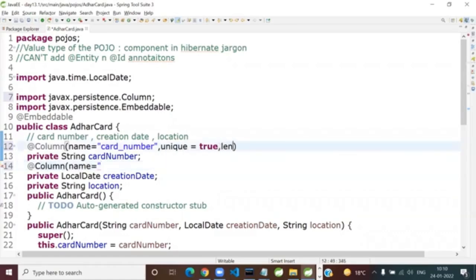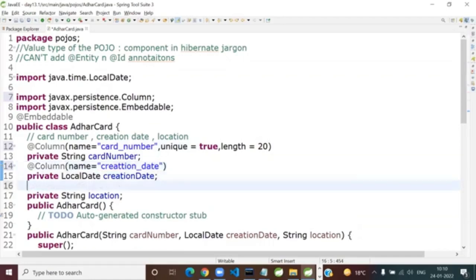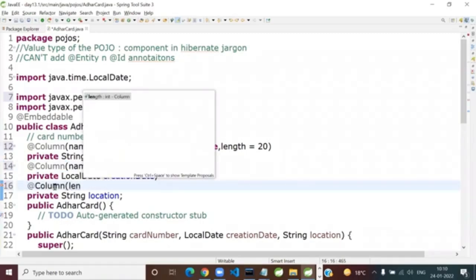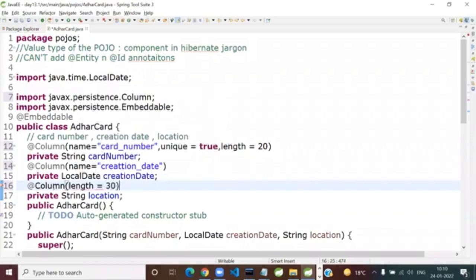So you can have a length. Name here, creation date, right? And the location is good. So I'll just reduce the length of it. This part is the same.